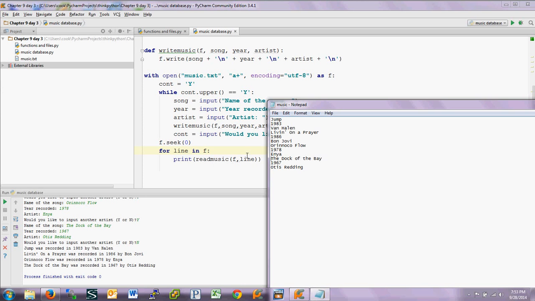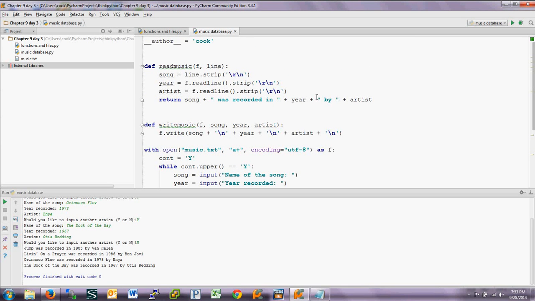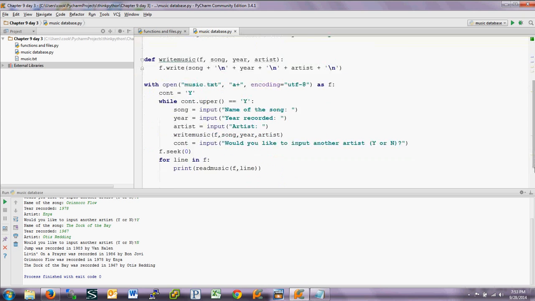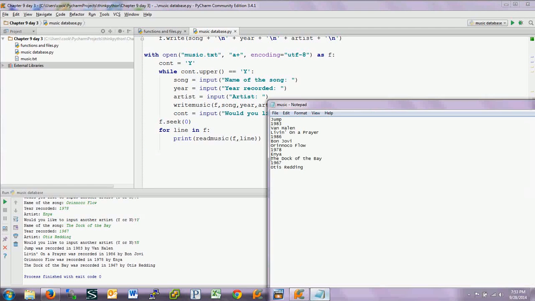And then Read Music, just in case you're not sure what I'm talking about, Read Music then reads in the year and the artist. It's using the line we already read in for the song. Returns that. We print it. At this point, the file pointer is down here. And remember, again, even though we're passing in the file to this function, the function actually updates the file pointer. So when we come back to the main program, the file pointer is down here. We come up, try to execute the for line in F. When we do that, we get an end of file, and the for loop terminates, and we are done with